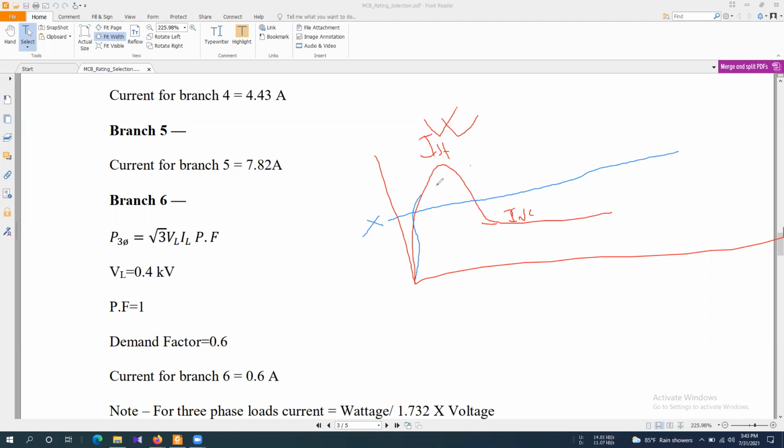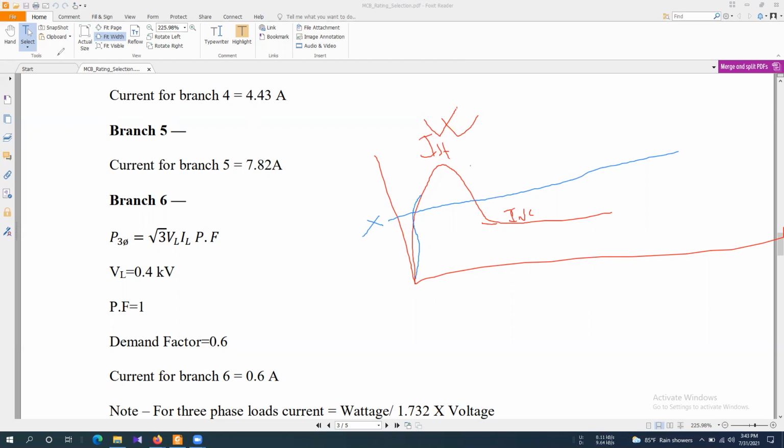So for the selection of the MCB or MCCB in case of motor, you need to take some precautions. You need to find the starting current. If the starting current information is not given, then you can consider that the moment of inertia of that motor is not so high, or the efficiency of the motor is so good, that the starting current and nominal current are equal. But for big and large motors, this type of characteristic will hold because of the large moment of inertia of the rotor body. Understood?